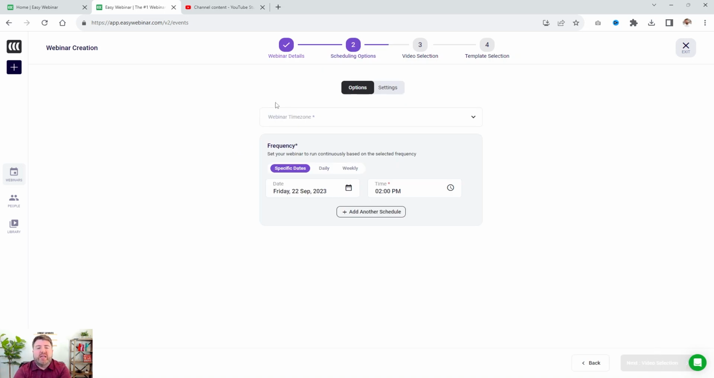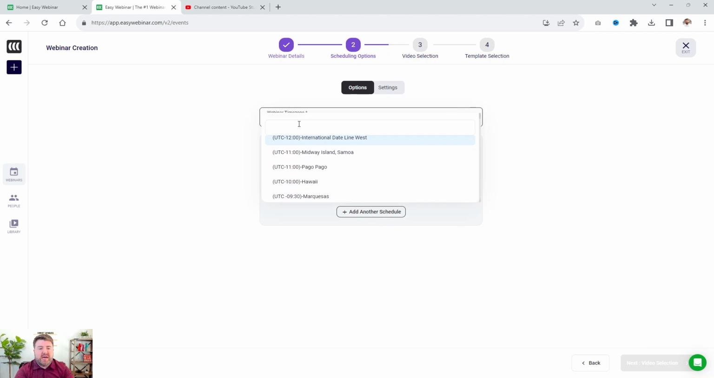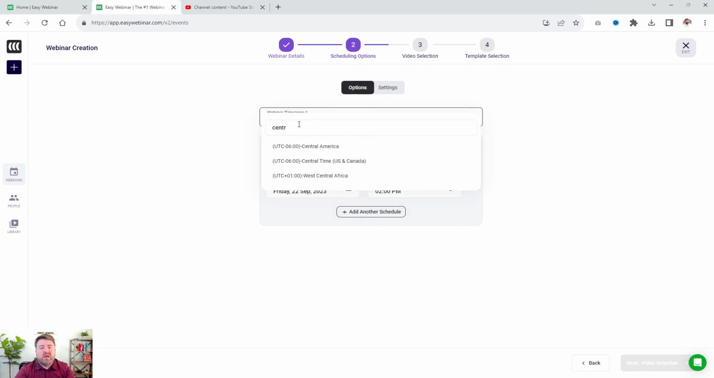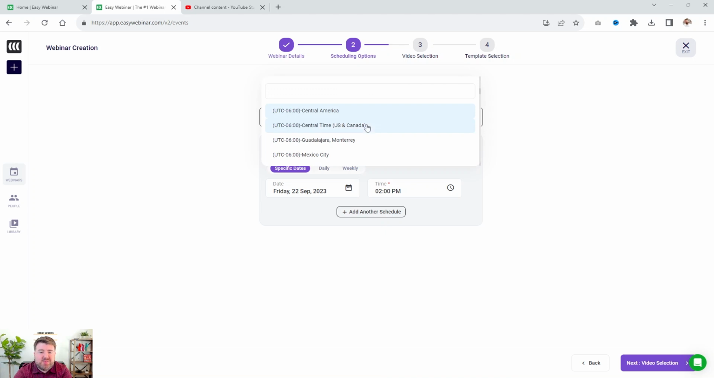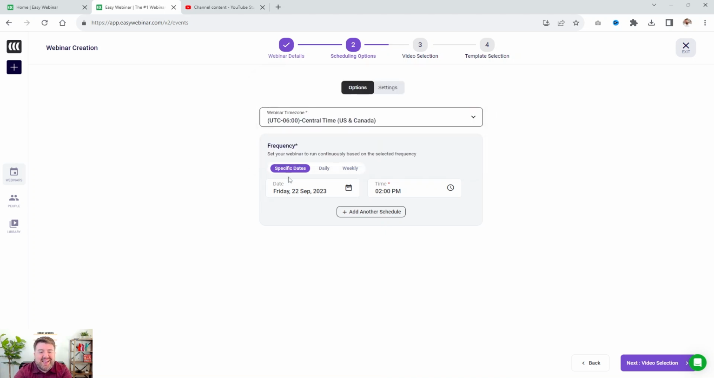And now we get to choose our frequency. So I'm going to select my time zone, Central. Now, if you're doing something that's more broad across any of the US, you can have it base the time on their selected time zone, but I'm going to do it on the time zone that I'm in. And it is not Central America, it's Central Time, US and Canada. And then for frequencies,